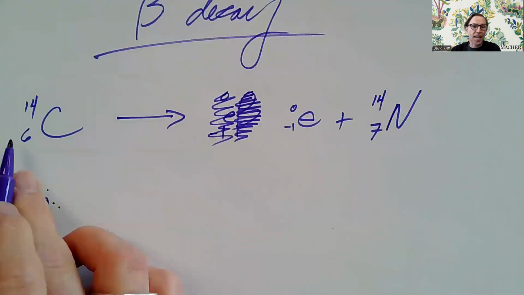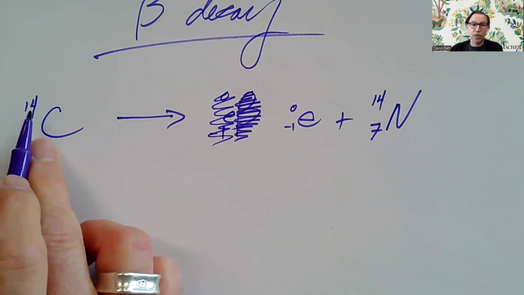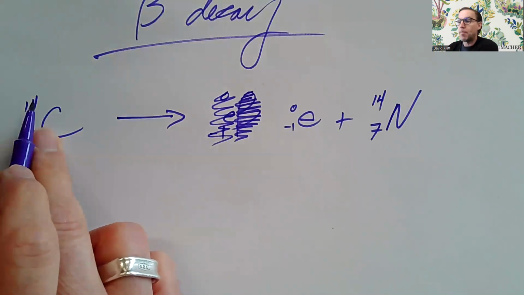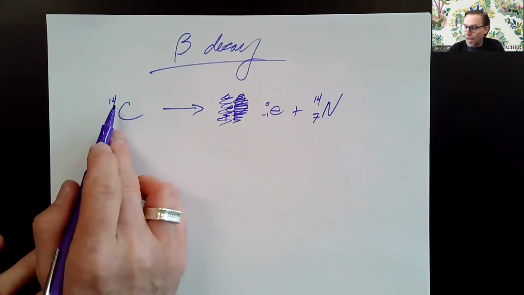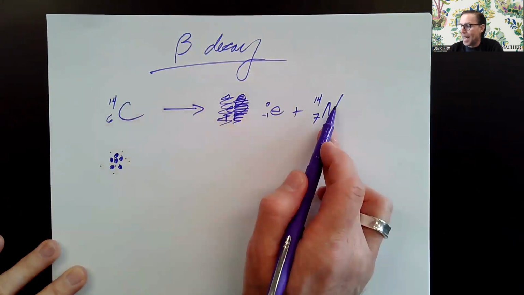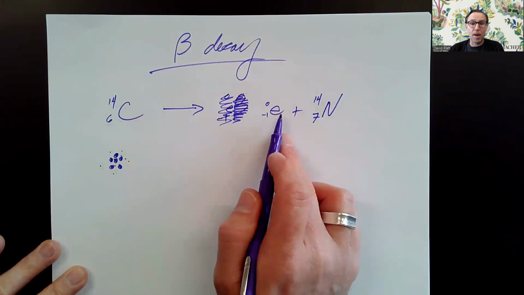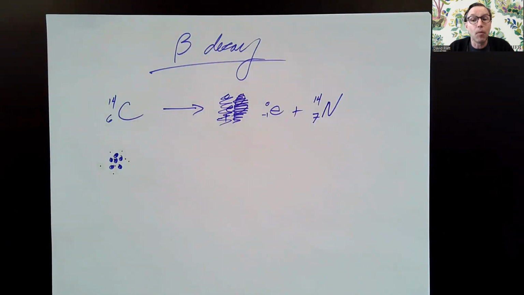Carbon usually has 12 nucleons for a total of 6 protons and 6 neutrons. That would have been stable. But by putting those extra 2 neutrons in there, that made it unstable. So it would decay and turn into this nitrogen nucleus. And oh my goodness, an electron popped out. Now,